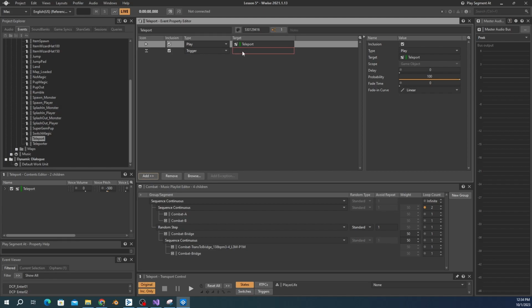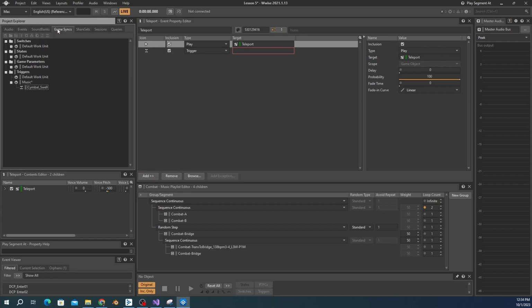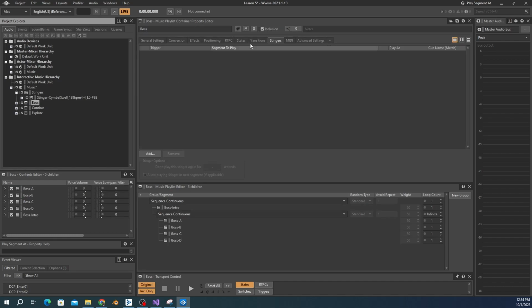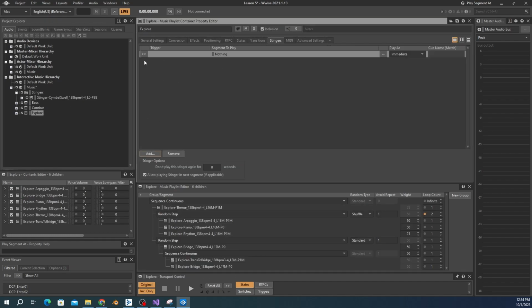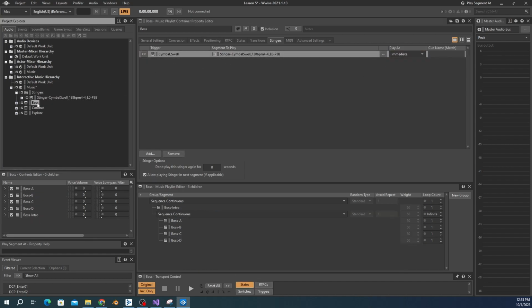It's created, but needs a target. I simply need to drag and drop the trigger we created into the target column where the box is red. We want this stinger to be implemented for the other music container playlists, which simply means repeating the previous steps for the other playlist containers, though we won't have to go back to the Events tab, just the stingers one